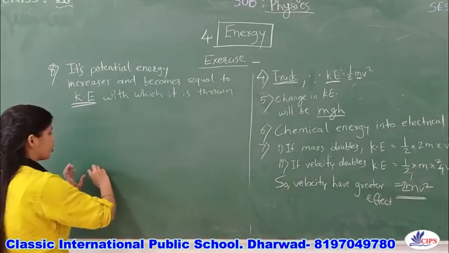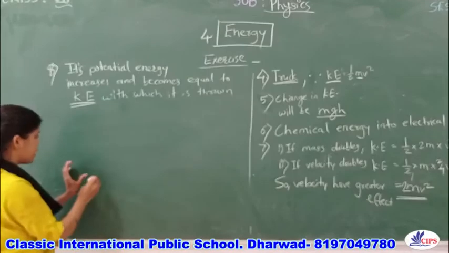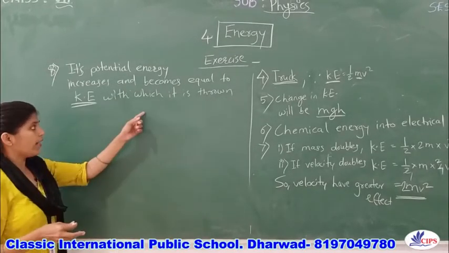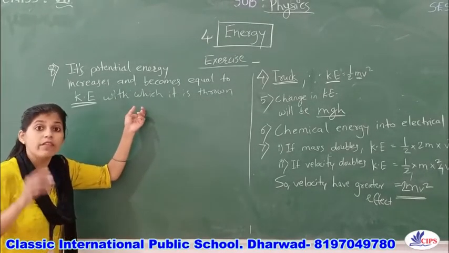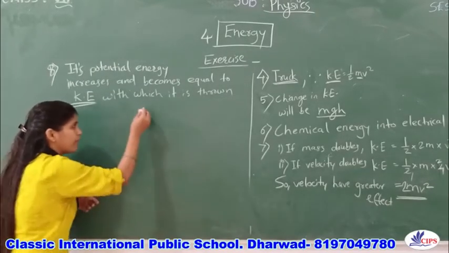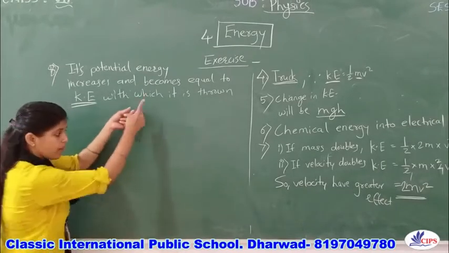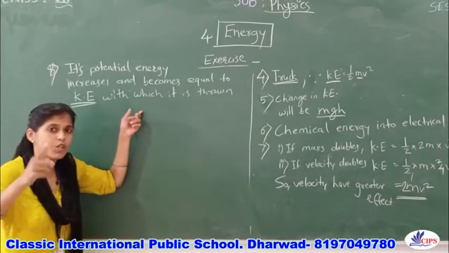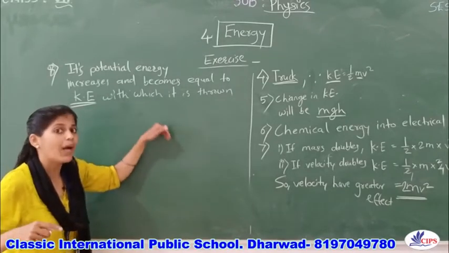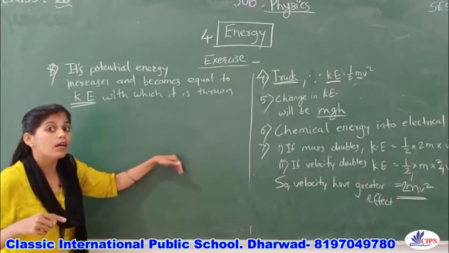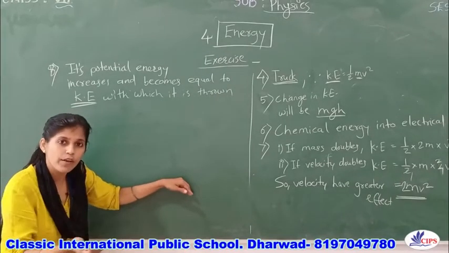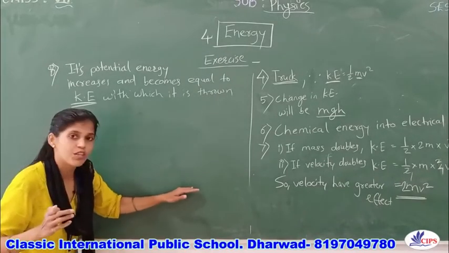Any object which is thrown vertically upward, at this point we are exerting our kinetic energy, right? From that, at a certain height, the kinetic energy will become zero because the velocity will become zero at that particular point, and that point will give some height, right? So it will have potential energy. Again this potential energy gets converted while it comes down, right? That time the potential energy becomes less and less, and the kinetic energy will again increase. Just before hitting the ground, the ball will have the maximum kinetic energy.